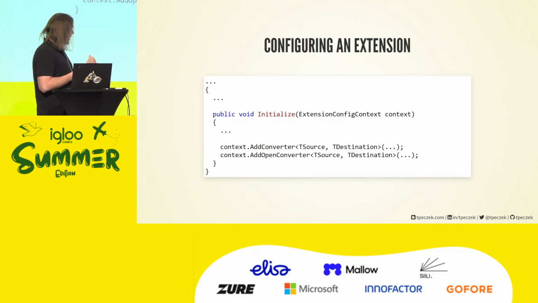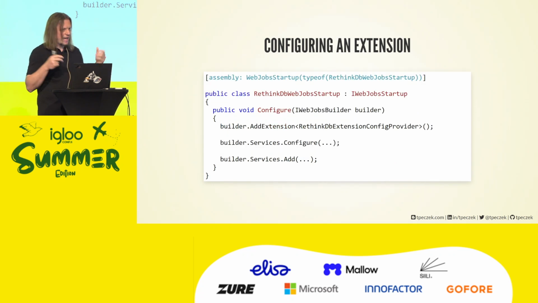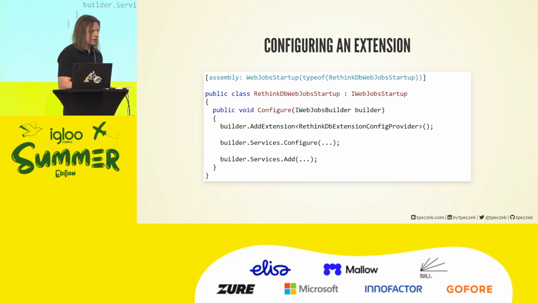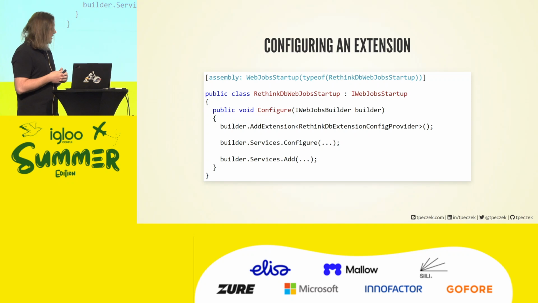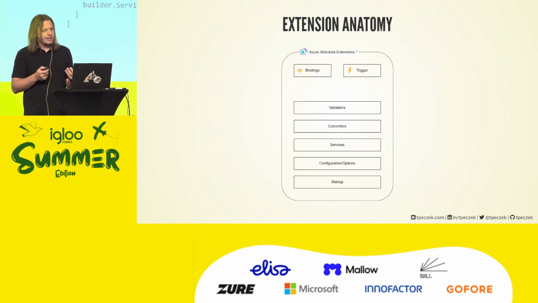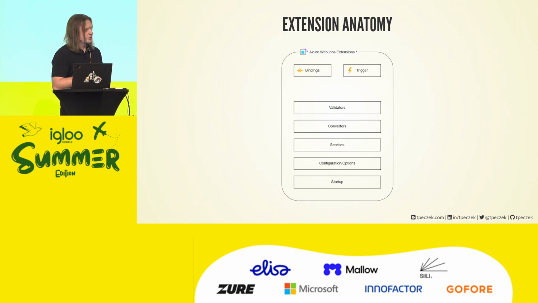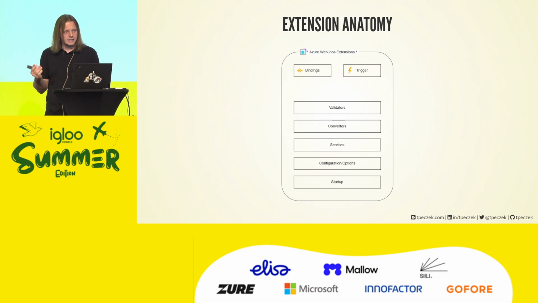So we have that entry point to a particular extension. If you would like to start with a code base for anyone, you are missing just one more entry point, the entry point to the entire assembly. That's the WebJob startup class. It has a single method, Configure, with a builder. That builder has a more or less typical dependency injection API. You are registering your extension config providers here, your configuration, your services. This is how it works. This almost makes that complete. This actually enables us to track the entire path of those extensions when Azure Functions is starting up.